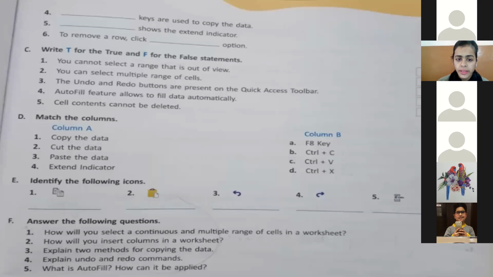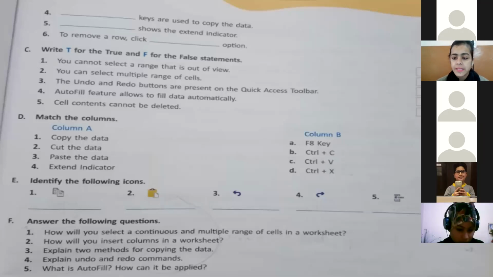The next ones, let me ask from Drishti. Fourth, redo. Fifth, insert. Very good. Correct answers. So the first one is copy. The second one is paste. The third one is undo. The fourth one is your redo. And the fifth one is insert. Clear?